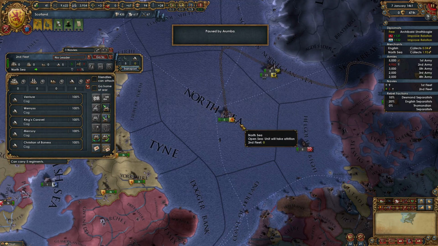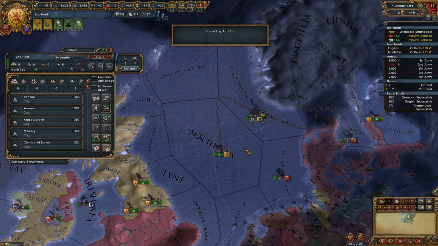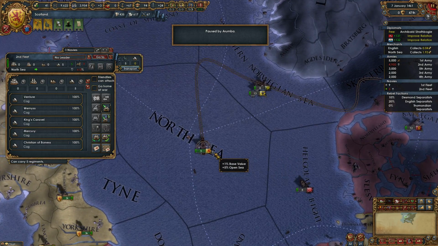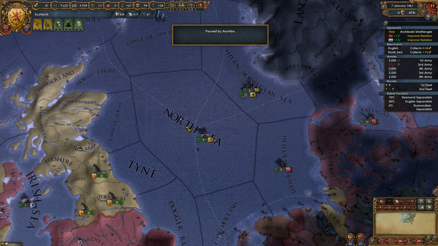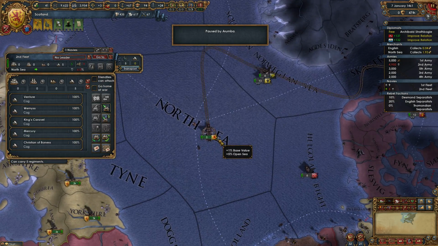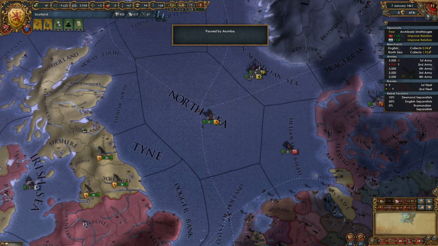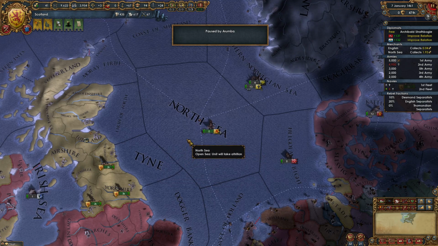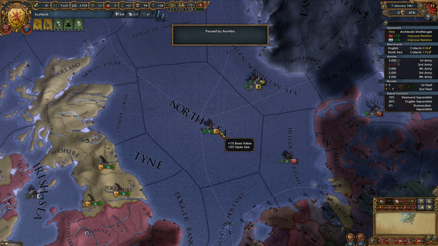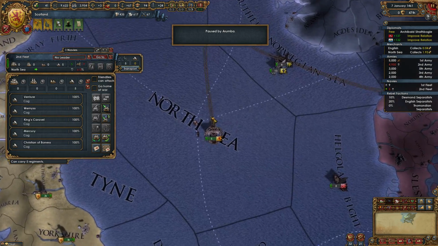You had a question, but I have one quick thing that came to mind that I want to mention. Notice how our Navy is suffering attrition in the North Sea? No. How do I tell that? There's a little skull next to it. Basically any sea tile that borders land is going to be considered not open sea. And you get an extra 5% attrition suffered in provinces that are